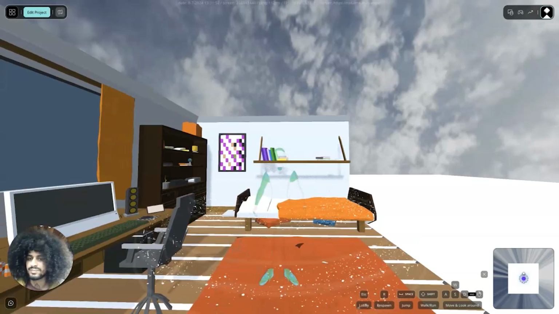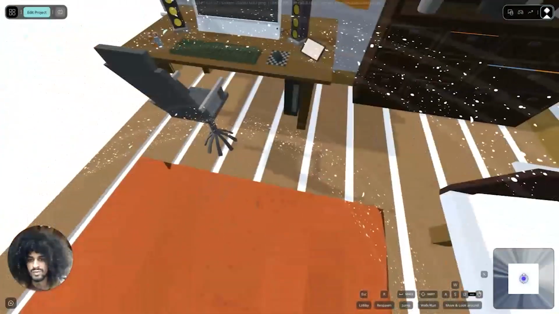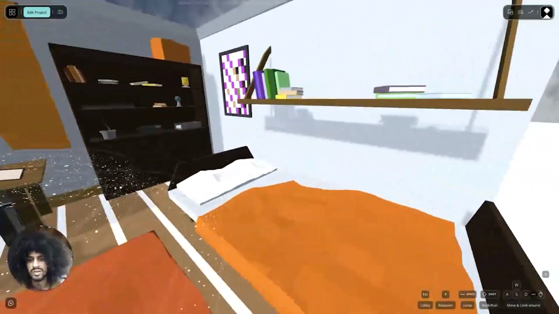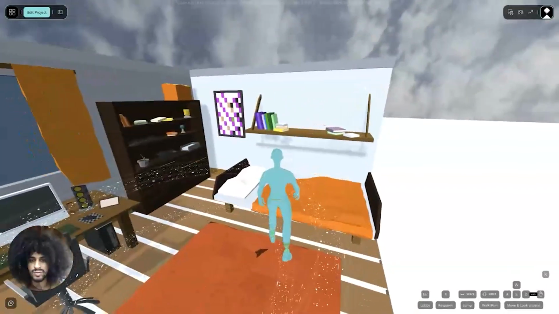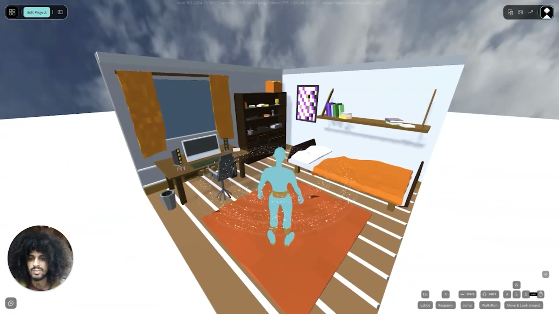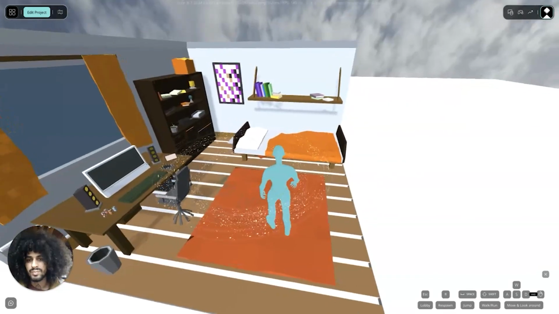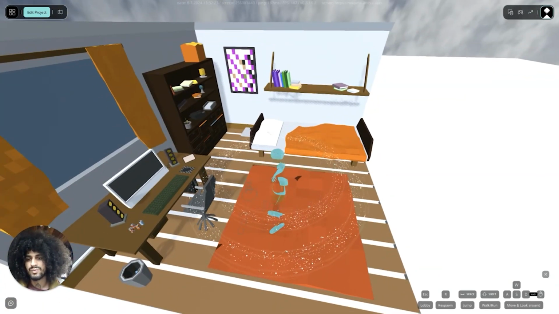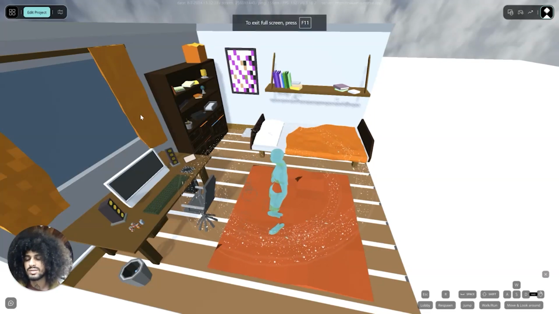And okay, so here I am. As you can see, it's very fast to load and everything. And here I think the scale is actually very good. Everything is working fine, and like that you can start bringing in your project. This is a very low poly building with a very unique style of 3D. It's more cartoonish, but if you want to bring in more realistic or semi-realistic stuff, you can.